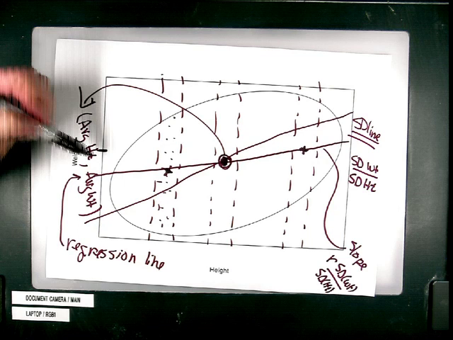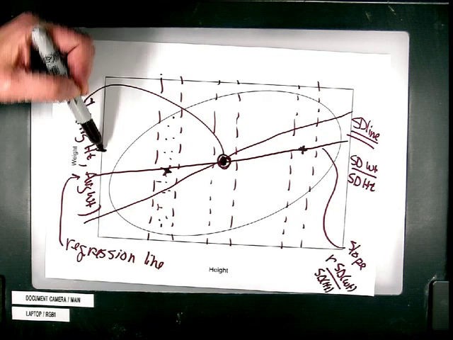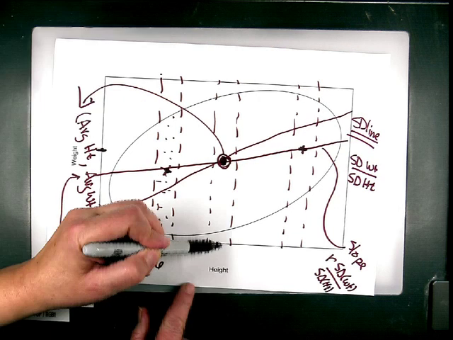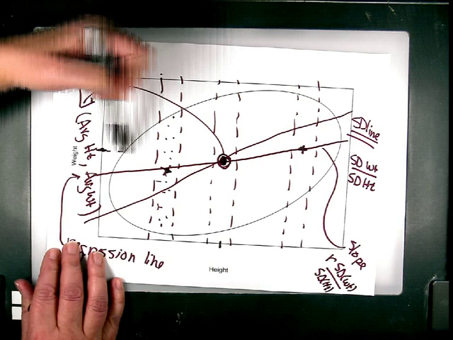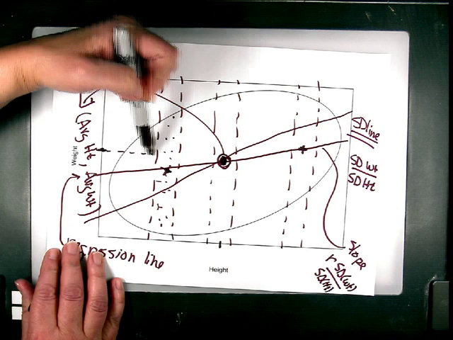I'm going across horizontally until I get right there, and that should be the average height. Just like down here, average weight. If I were to draw a vertical line, a horizontal line, straight across from the average weight,